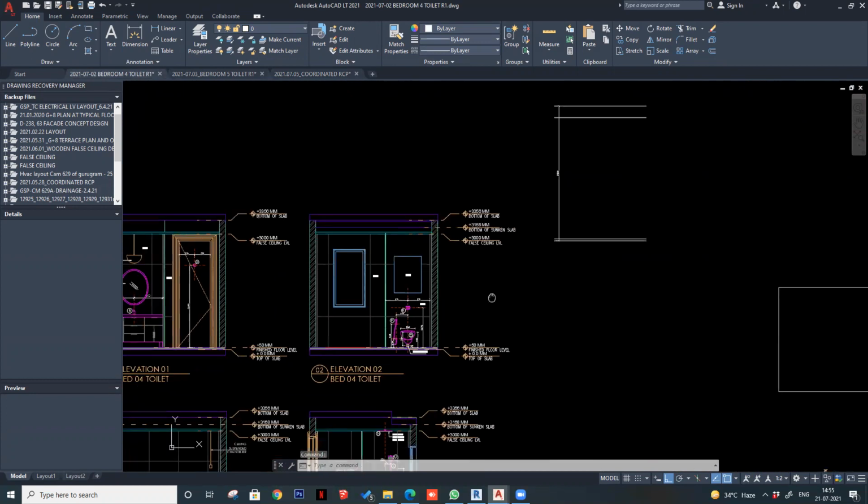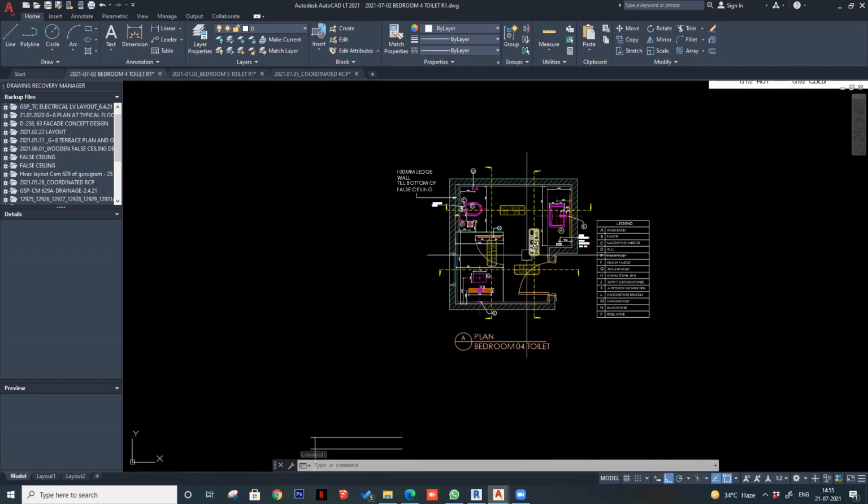So here, right. So this is the coordination part. You need information, whatever MEP information you need. This is it. And about drainage and electrical points, I'll get to it later. Then the third set of information that you need is from your bath vendors. This is the main thing that you need for these drawings.